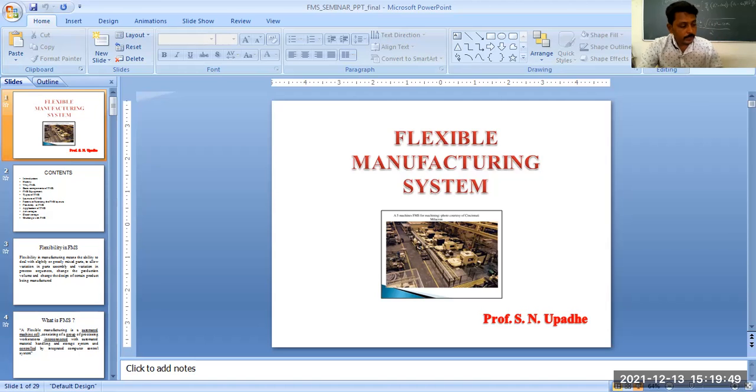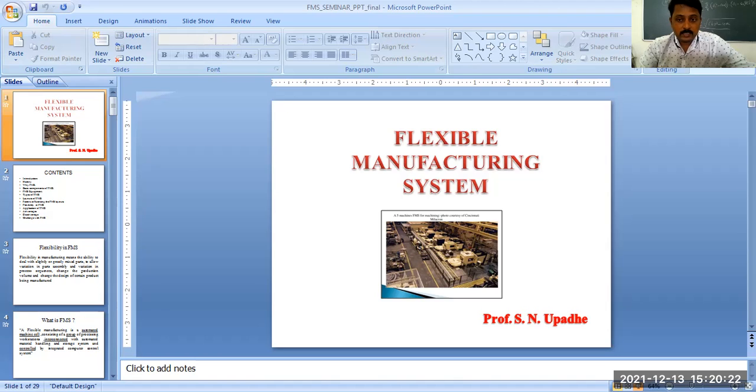Okay, let us move to the next slide, the flexible manufacturing system. Flexible systems consist of workstations. You can see here what a workstation consists of. It consists of CNC manufacturing machines. So CNC machines are the essential part of a flexible manufacturing system. You cannot use a flexible manufacturing system with traditional machines, traditional human operated lathe machines, etc.